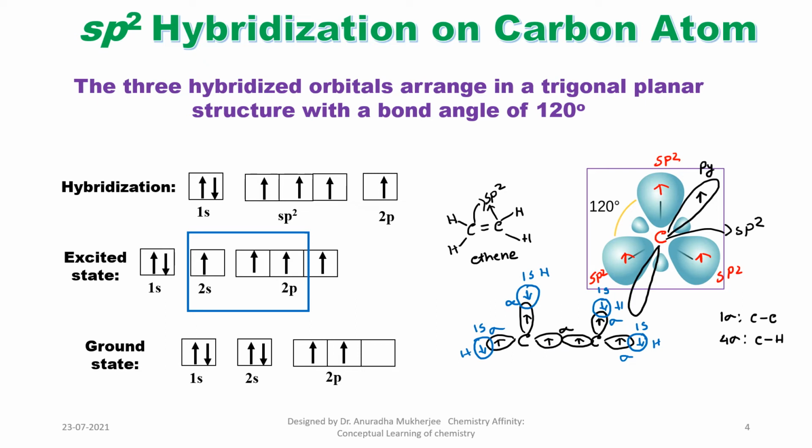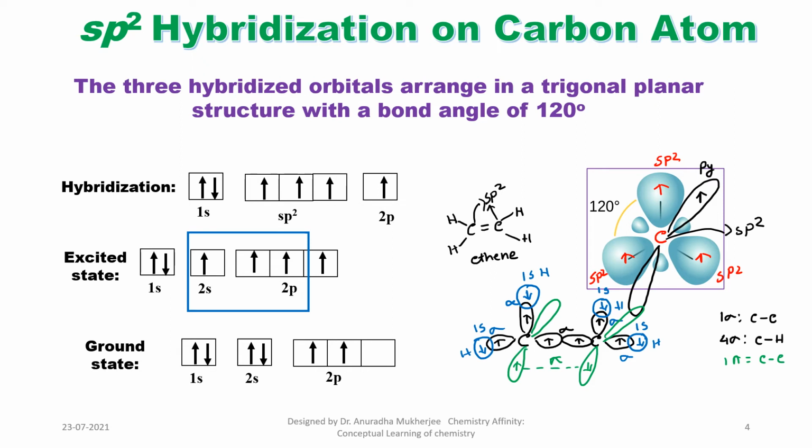Now here we have 1 p orbital. So let me draw the p orbital like that. Now the p orbital has one electron. So now it will be a parallel overlapping. Due to parallel overlapping, there will be a pi bond. So how many pi bonds? Only one pi bond. And it is due to the p orbital parallel overlapping that a pi bond is forming.